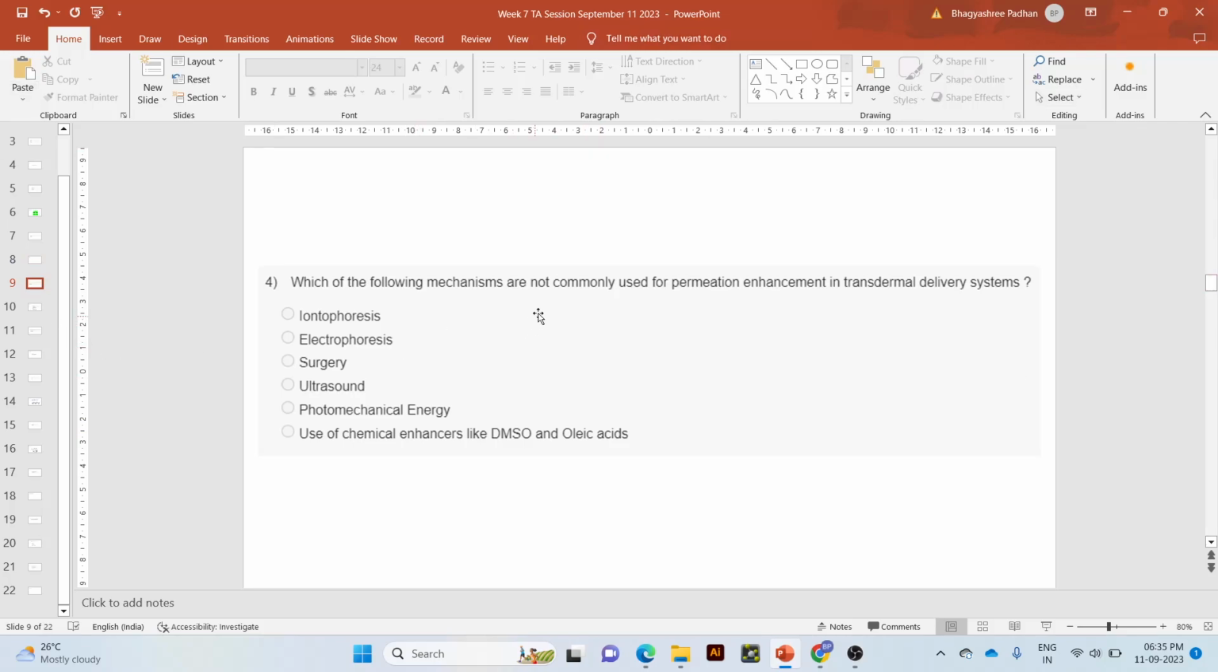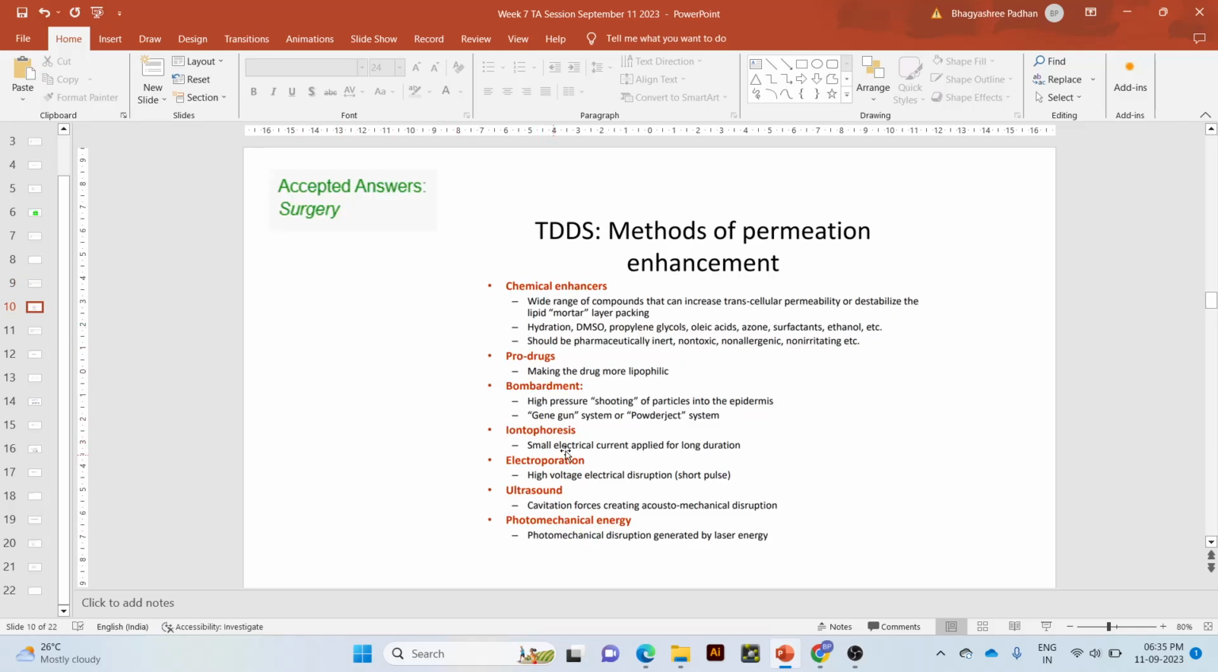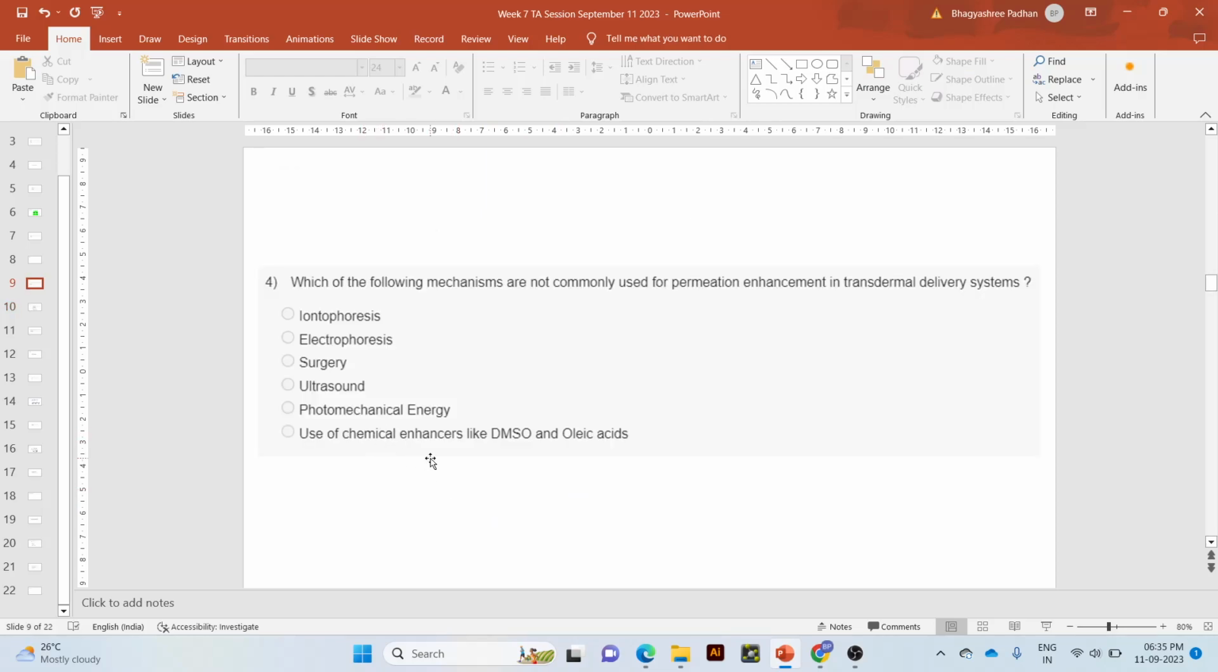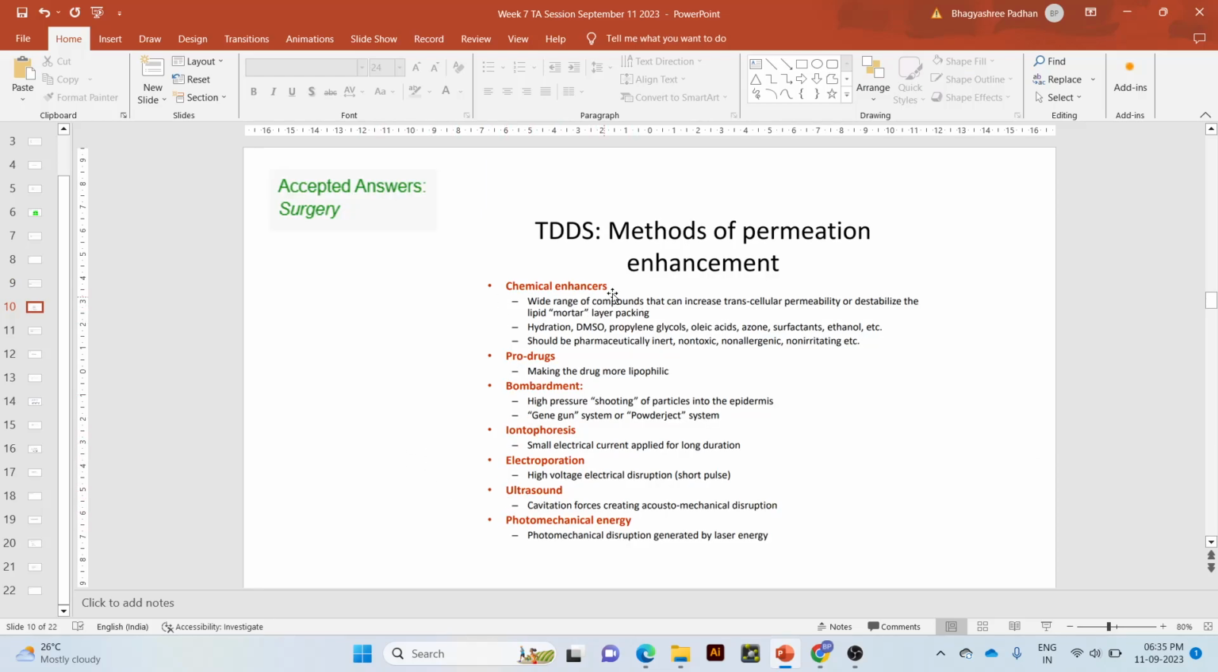So 4 was, which of the following mechanisms are not commonly used for permeation enhancement in transdermal delivery systems? So here surgery would be the correct answer because all the other options, iontophoresis, electroporation, ultrasound, photomechanical energy, use of chemical enhancers are actually methods of permeation enhancement. So hydration, DMSO, these kinds of chemicals can be used, or by making prodrugs, making the drug more lipophilic so that it won't dissolve in the aqueous between the cells when it crosses the skin